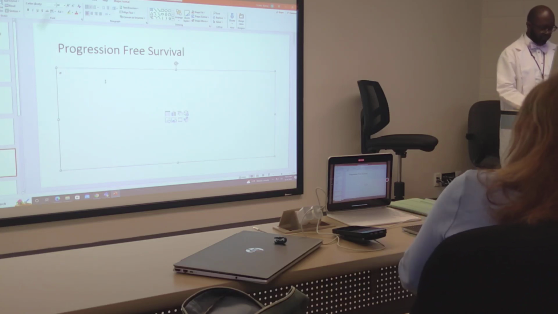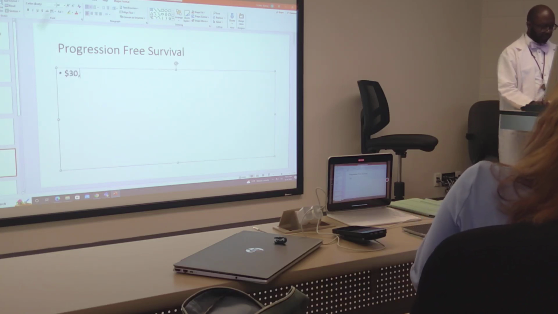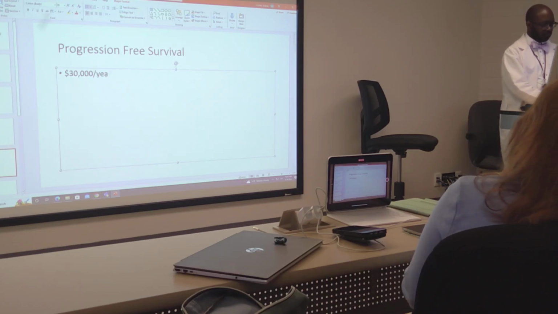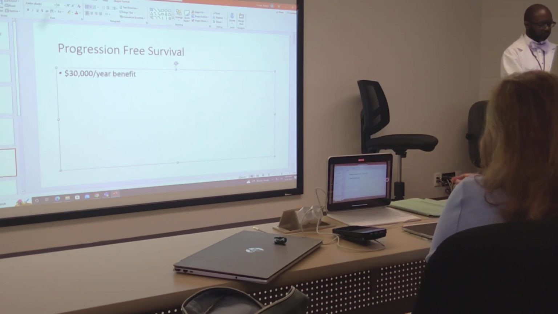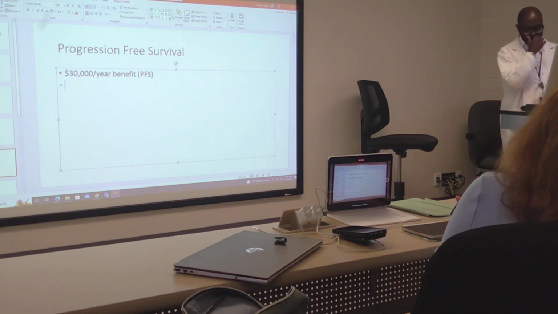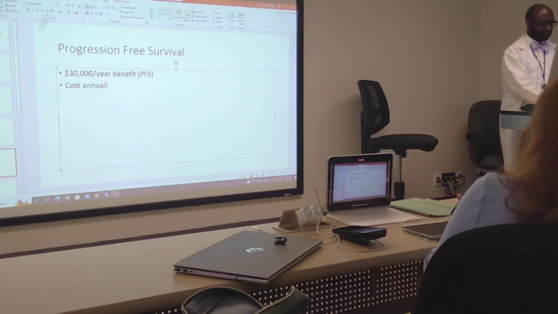We were saying that we have a $30,000 benefit in this particular outcome, and it costs annually for this drug